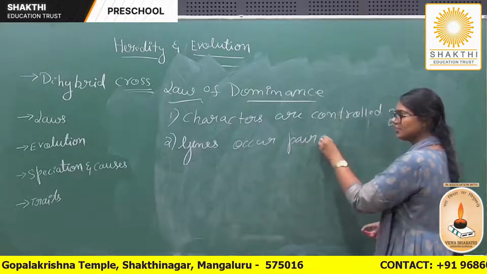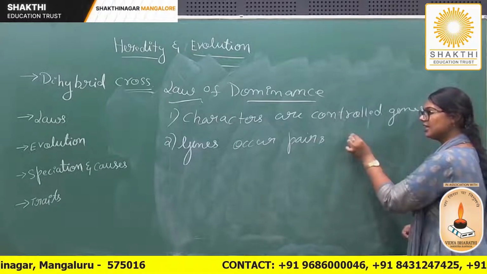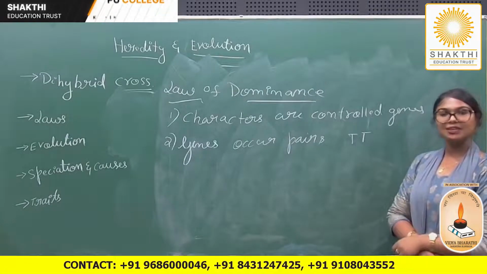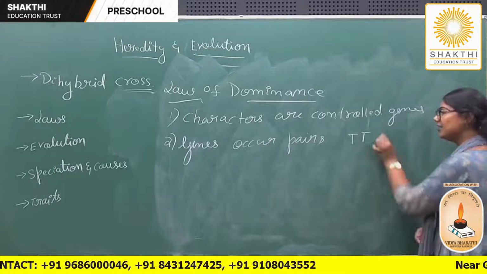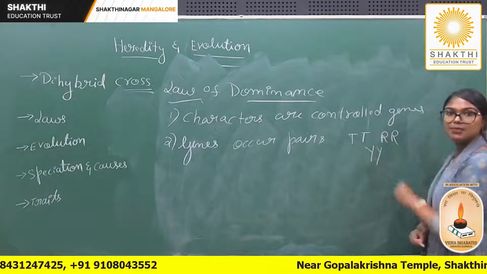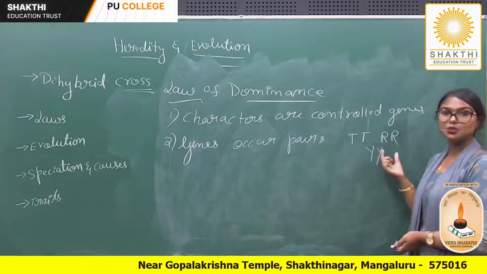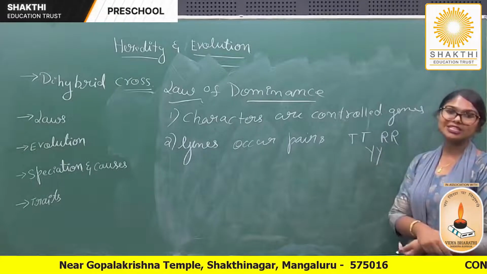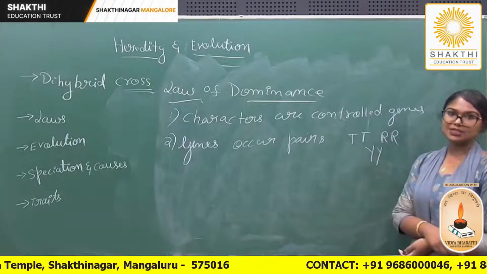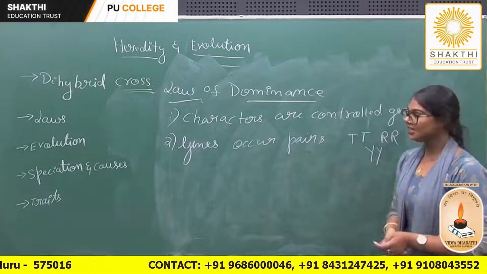Very important. What does it mean, students? Genes as in capital T, capital T. You never write it singularly. If you have noticed, it's always together. Capital R, you write it 2 times. Capital Y, again 2 times. So these are genes and we always write it twice because in our body, the genes always occur twice, meaning we have 2 sets of chromosomes. So we have 2 pairs of genes. Third one is